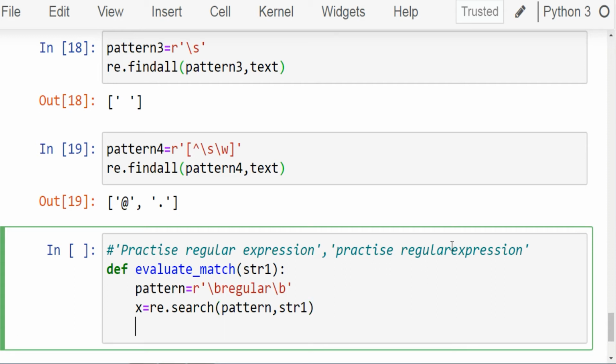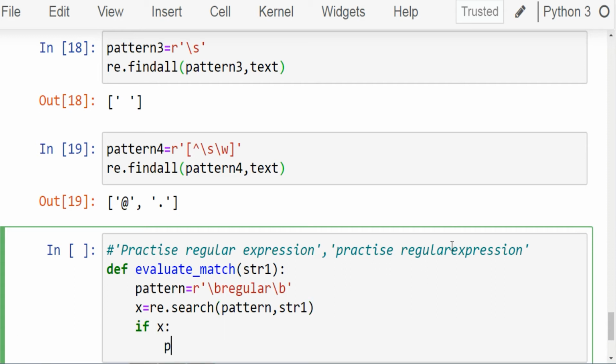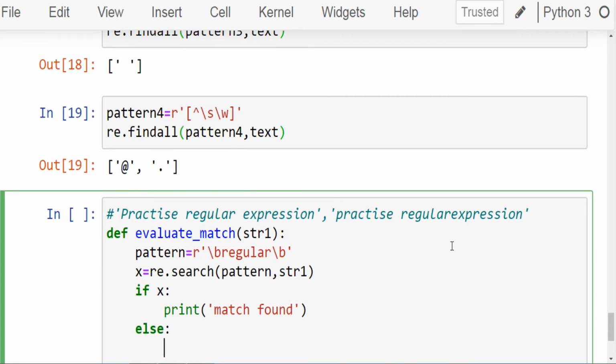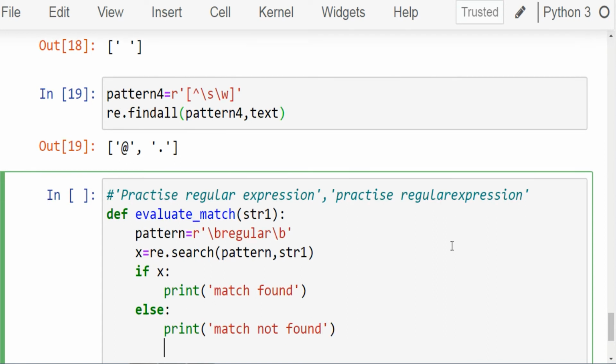Now use the conditional statement if x followed by colon print match found. Else print match not found. Now let's call our function and evaluate the two sentences.